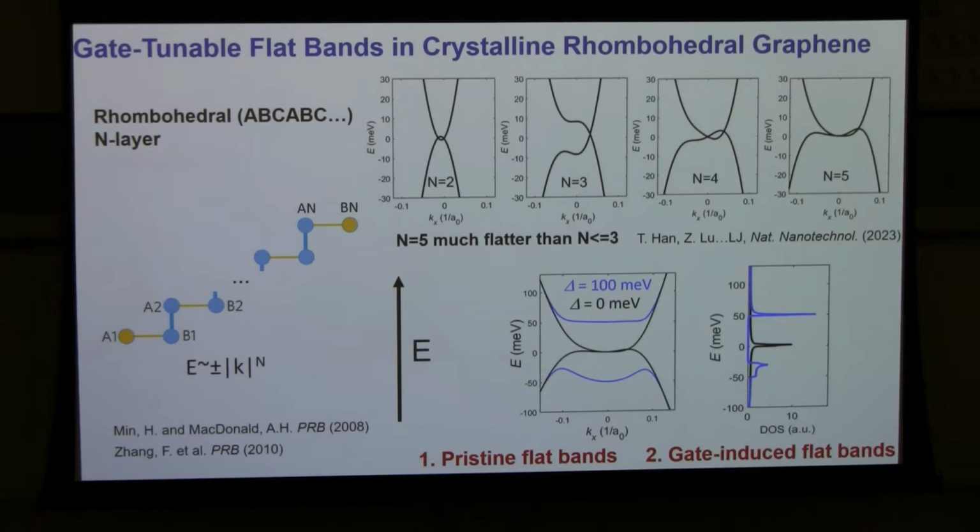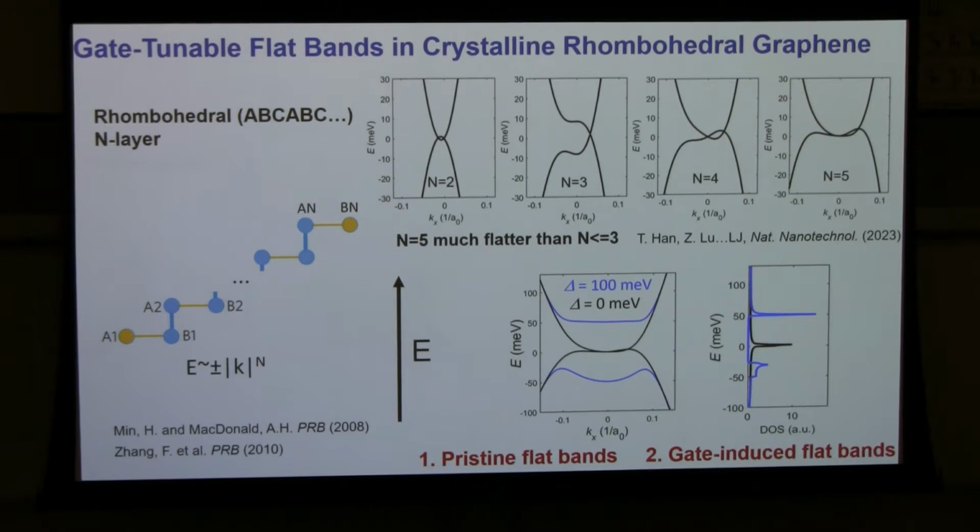And it has another interesting property that these two orbitals are located at opposite layers, which means you can easily use a gated electric field to break their symmetry and further tune the band gap by opening up a gap that corresponds to the electrostatic potential difference between the two layers. So in this case, you can open up the gap, and what that does to the band is that it further squeezes the bottom of the band and even increases the density of states to give you a huge density of states. And I'll call this kind of like a gate-induced flat band. Okay?